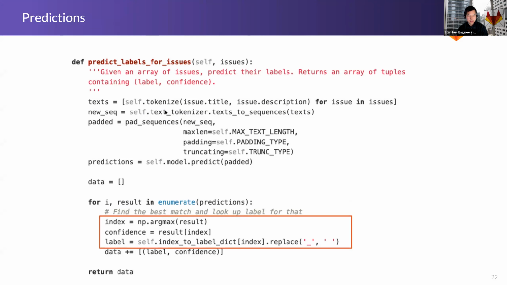So this is the actual prediction function here. You can see that we tokenize it, we turn the text into numbers, we pad it out a bit to make sure everything is normalized, and then we run the prediction. I just want to point out this red area is where the mapping from these probabilities to the actual group happens. So this NP argmax basically says, hey, find me the highest probability in this prediction, right? Like the output layer, as we saw before, was